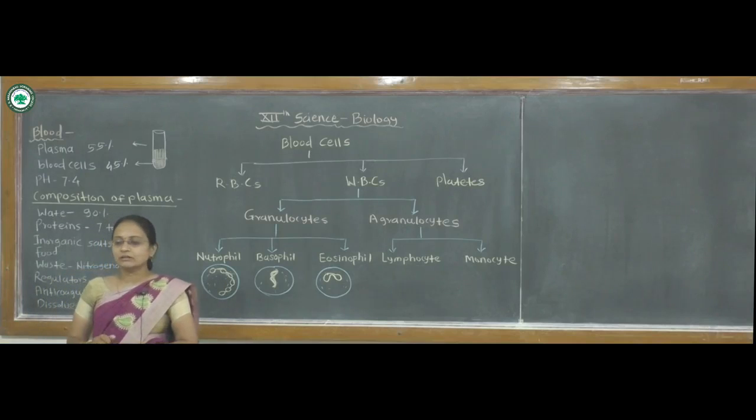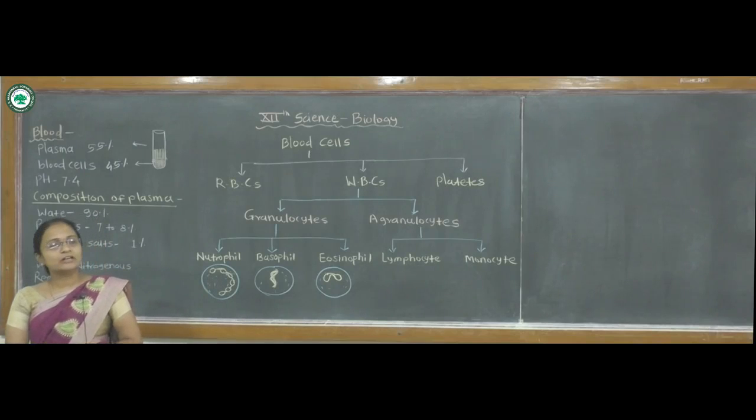Come towards the agranulocytes. These agranulocytes are about 28% of the total WBCs. Here the cytoplasm of these leukocytes is without granules, and they are formed from the lymphoid stem cell. They divide by the process of mitosis. These lymphocytes, they are